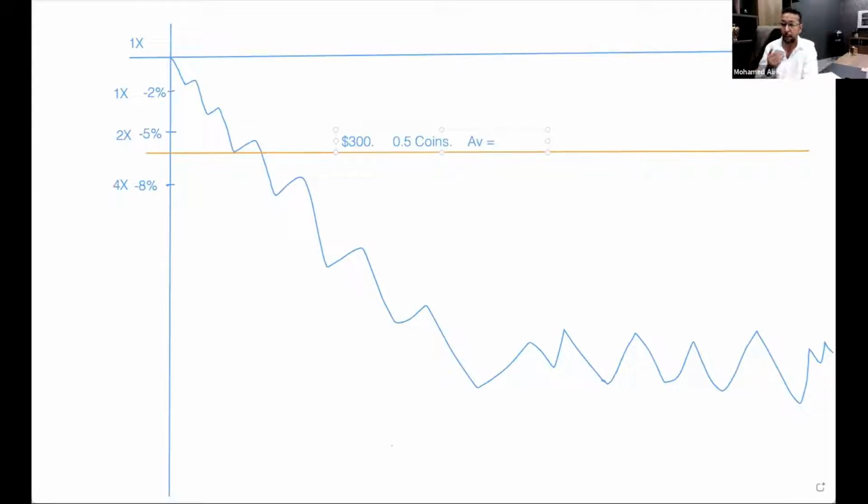In other words, why do we use this formula? The break-even point is the price at which I sell all the coins that I purchased and get my money back, which is 300 in this case. That's why, if we want to know the price, we have to divide the amount of money that we spent by the number of coins that we are owning. That gives us the break-even point, which is the average price. In this case, 300 divided by 0.5 is 600. So again, in this line here, we have the average price 600, and we have this number of coins and this amount of USDT that we spent.